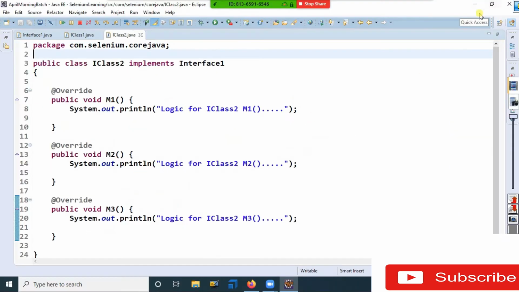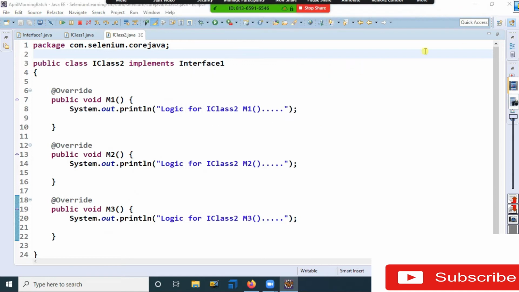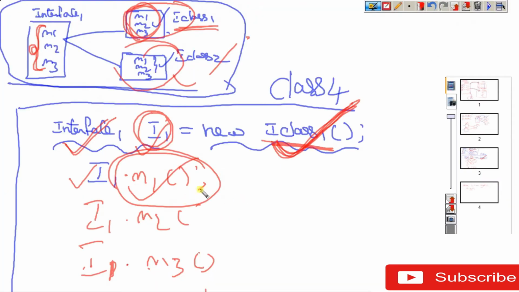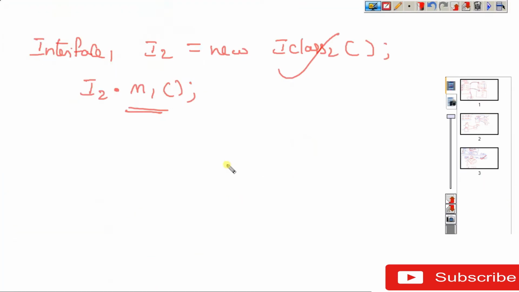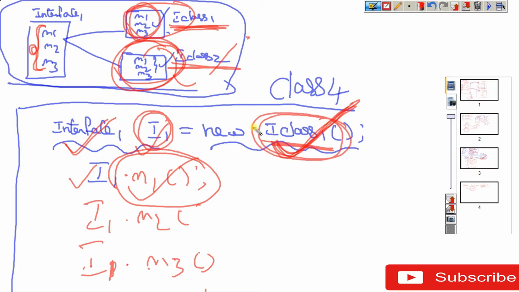So this method belongs to I class 1, and this method 1 belongs to I class 2. It is method 1 in both, but I class 1's method 1 is different from I class 2's method 1. That is what we want to access. So whichever class you are using, the related methods are the only ones this reference has the capability to access.